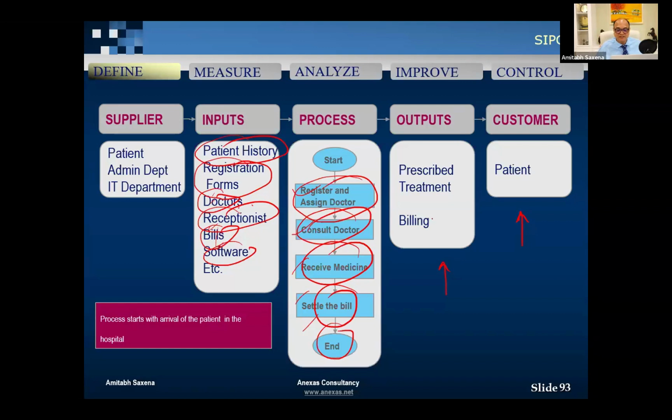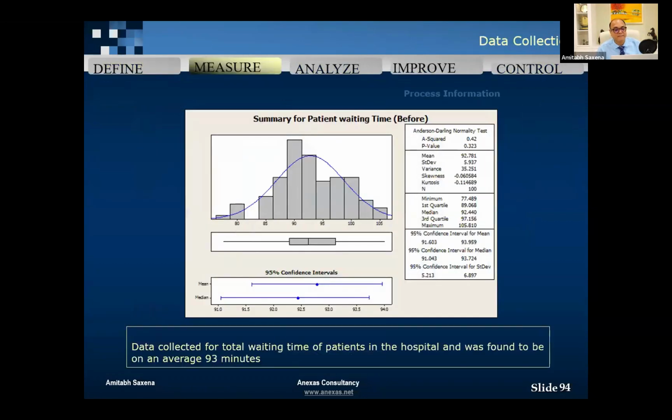So we have outcome measures, process measures, and input measures. Now, an outcome measure is what we are trying to improve, but it is dependent on the process and input measures. So the first thing we do in data analysis is collect the data. We learn a lot of sampling techniques in our CPHQ exam preparation training program. For the time being, just understand that we can use a proper sampling technique, let's say random sampling, and we